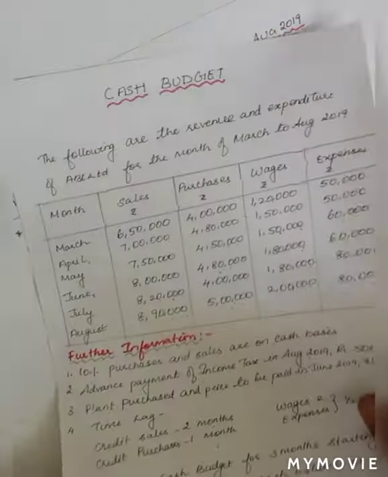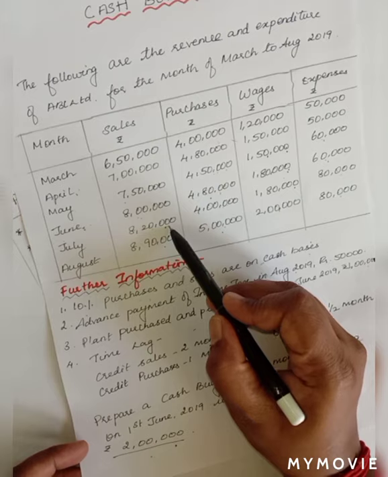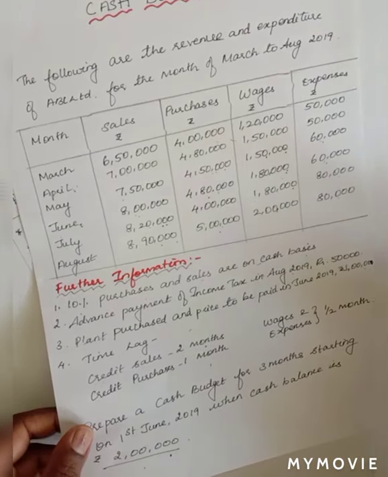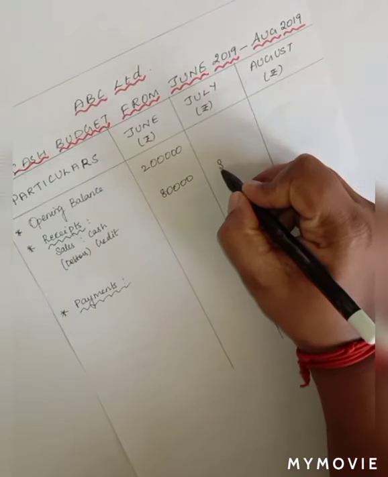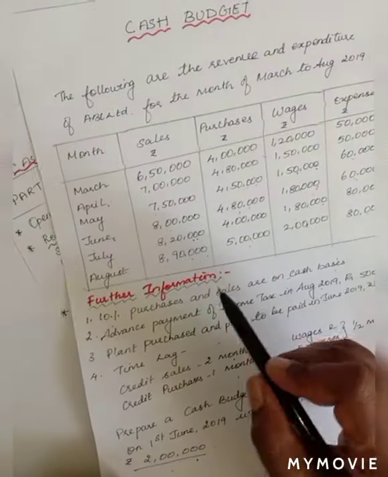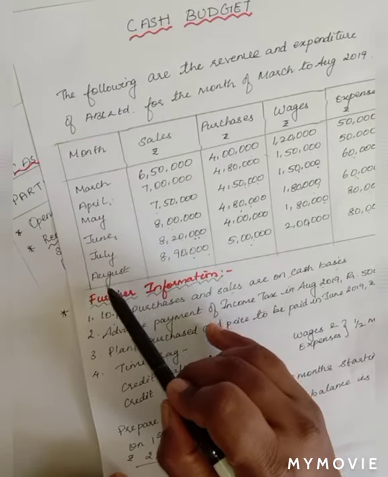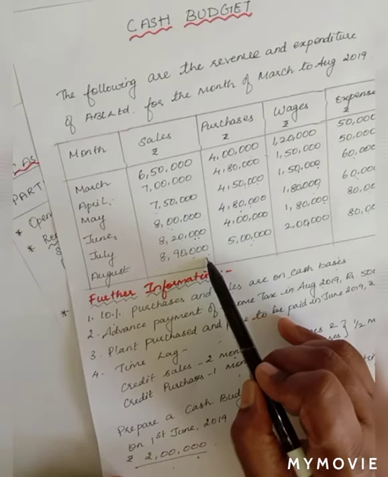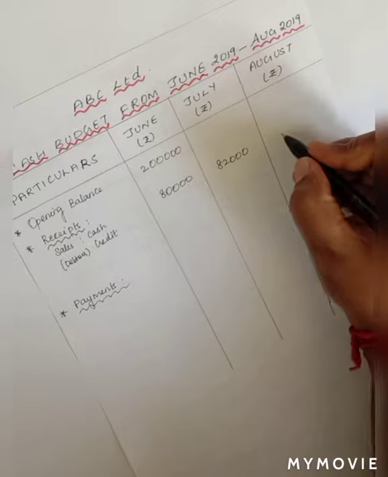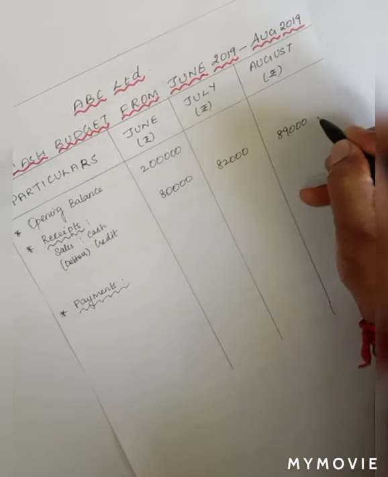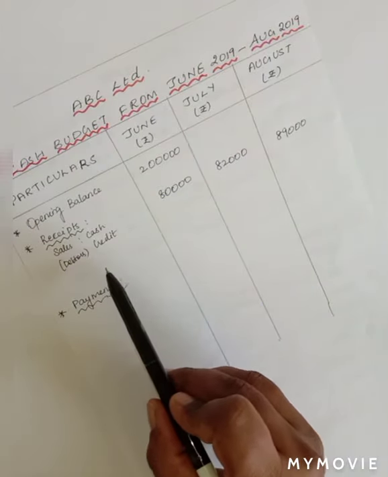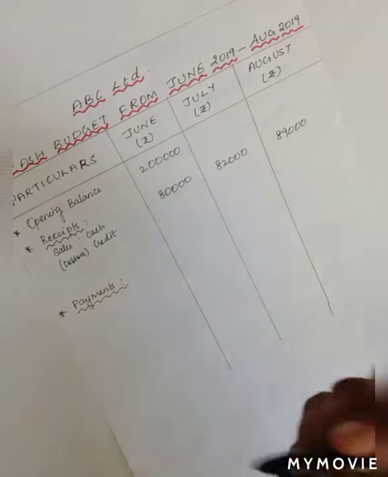Okay. So enter it. Okay, likewise in the next month it is 8 lakhs 20,000. You can see that in the next month the sales is 8 lakhs 20,000. So out of which 10% is 82,000. Enter it in July month. Simultaneously we will enter for all the months. And likewise in the next month, okay, August, the sales is 8 lakhs 90,000. So out of 8,90,000 you are going to receive only 89,000. Enter it in the August column. So now we have entered only 10% of the sales. Balance of 90% will be allowed as credit. So accordingly we have to enter it. Okay, we'll see it at that period.